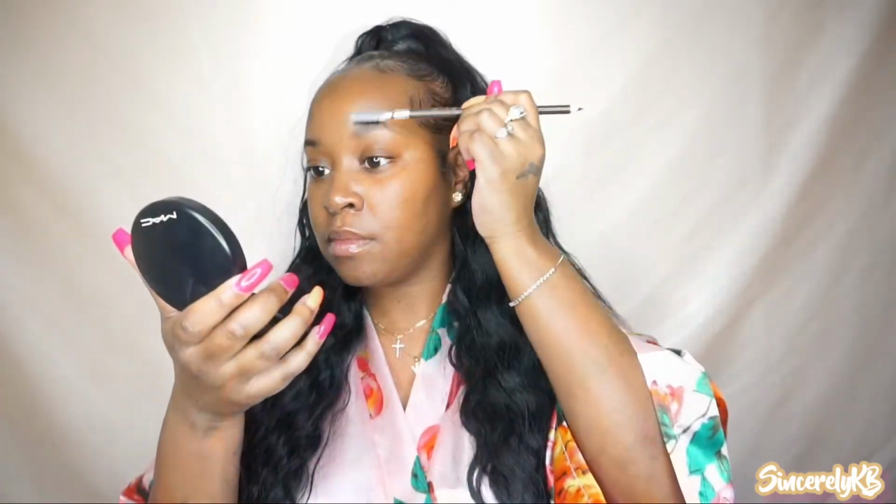And yeah guys, let's go ahead and get into this makeup look. I will be taking a super cheap brow pencil to do my brows. This is one that I use all the time from the beauty supply store, and it's only $1, so